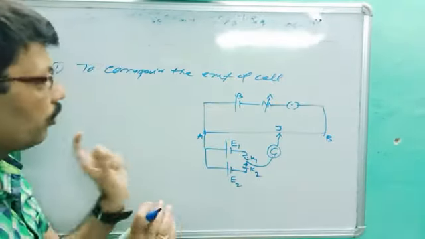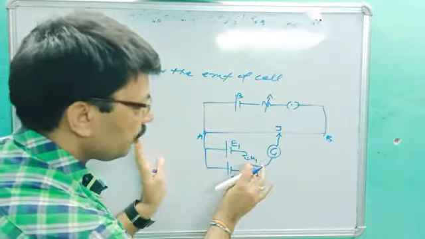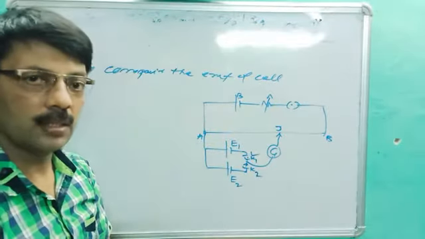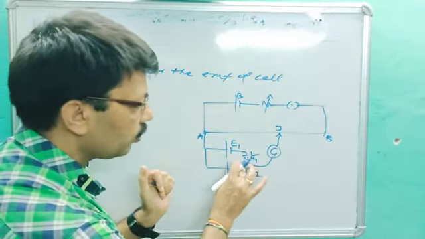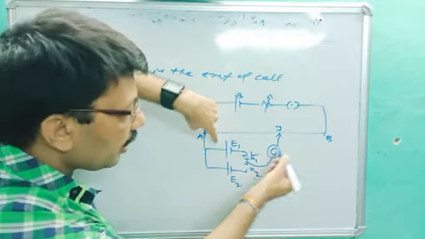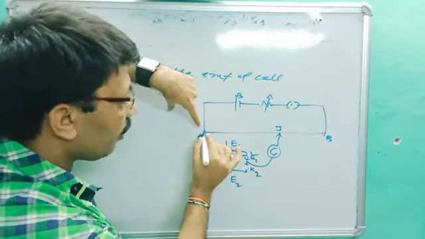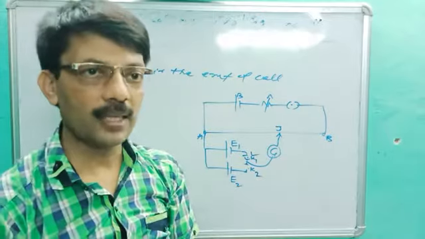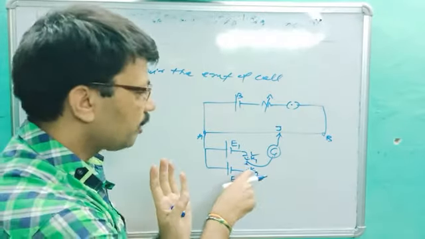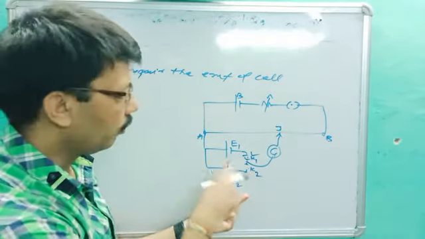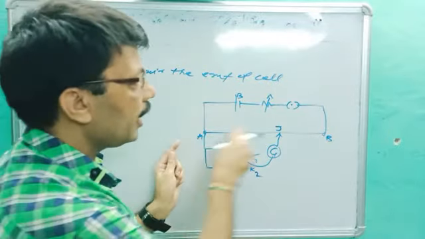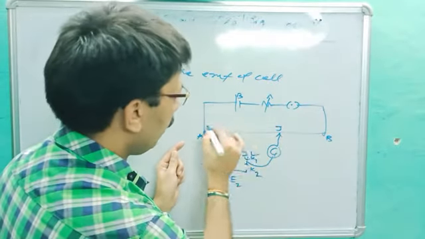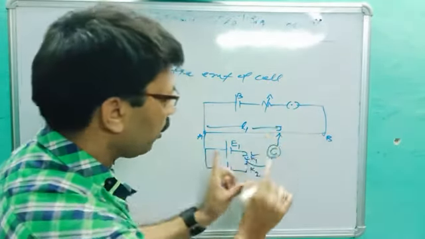First, the procedure is very easy. First turn on the K1 and turn off the K2. With K2 off, cell E1 is connected through the galvanometer, and slide from A to B until null deflection. E2 will not work, only E1 will work. Let's suppose at J the length becomes L1, and at L1 the deflection becomes 0.